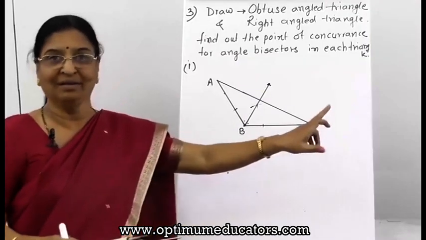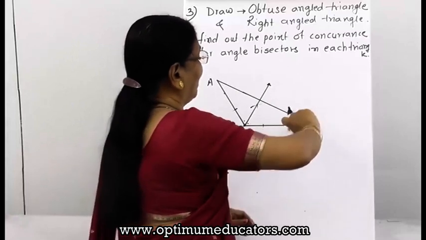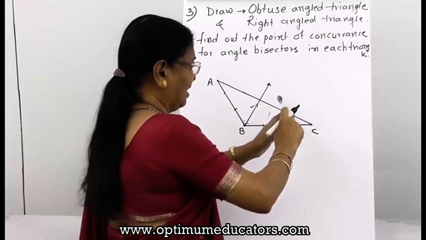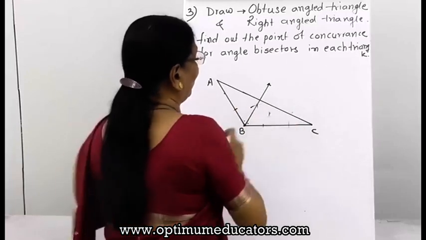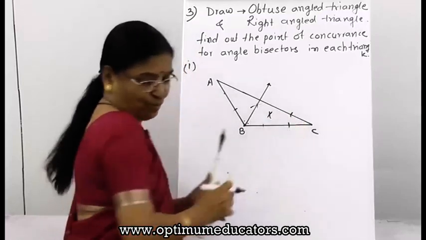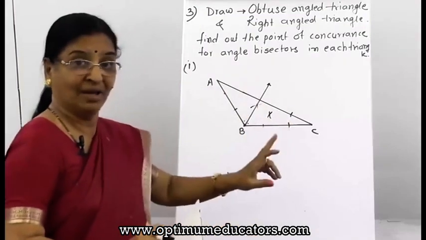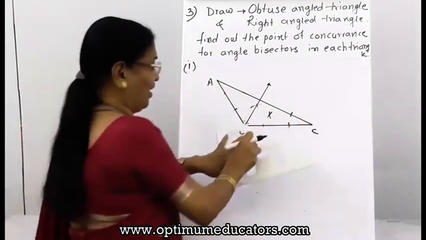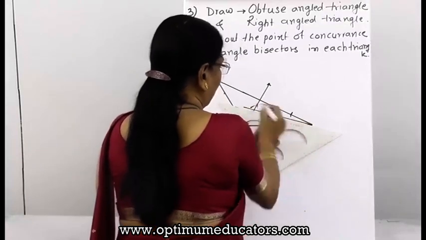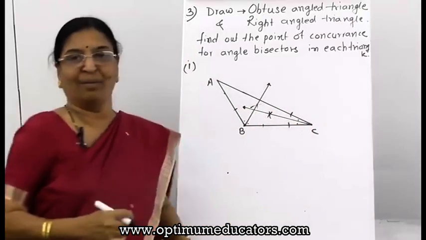Now concentrate for C. Again what you want to do? See, mark the marks, then again do the arcs. The point of intersection I want to find out, see, here is my point of intersection, here are the 2 points, and then I will again complete for the C. I will go and find out whether here it is. See here, again I will go and find out this is my second angle bisector.